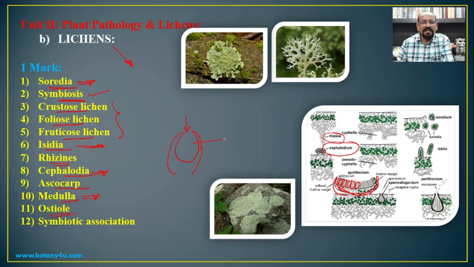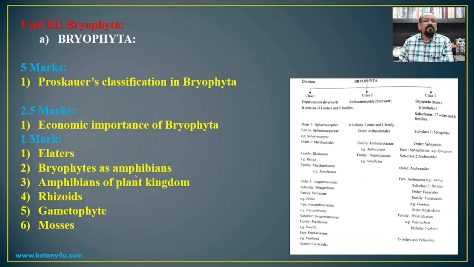You can see it in a diagram. Then symbiotic association. Symbiosis and symbiotic association are the same, in which the algae and fungi are living together. In the third unit, we will have the general characteristics of Bryophyta, the classification of Bryophyta, along with